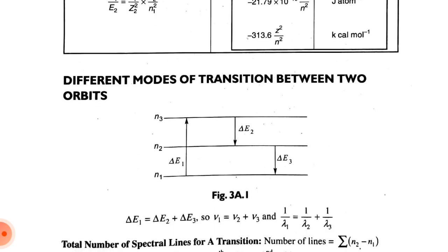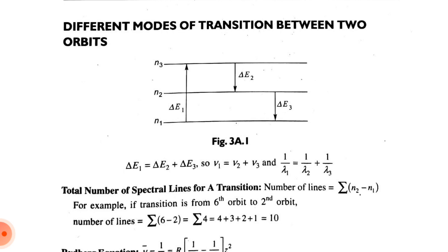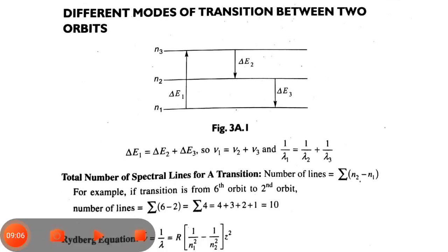kilocalorie per mole. Different modes of transition between two orbits. From n1 to n2 to n3: Delta E1 is equal to E2 plus E3. So ν1 equals ν2 plus ν3, and 1 upon λ1 equals 1 upon λ2 plus 1